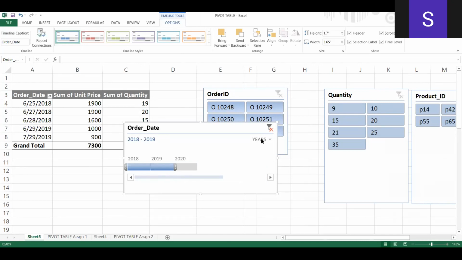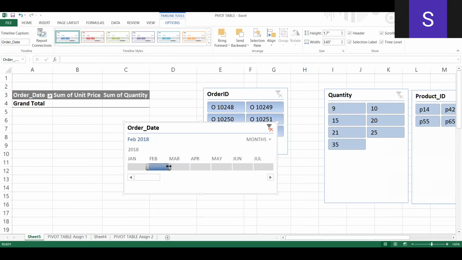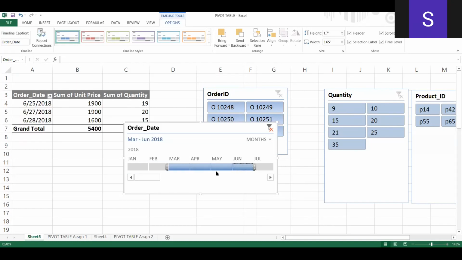Okay. Similarly, for months, you want to see only particular months. For Jan, Feb, and March, just drag this. I think there are no such records, so I'm choosing March, April, May, June. Okay.